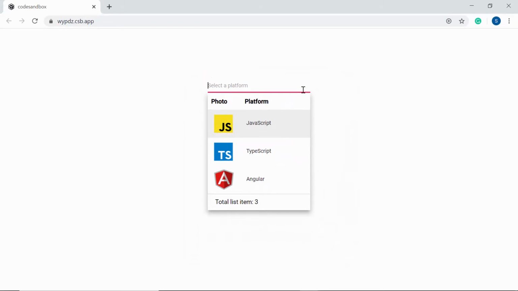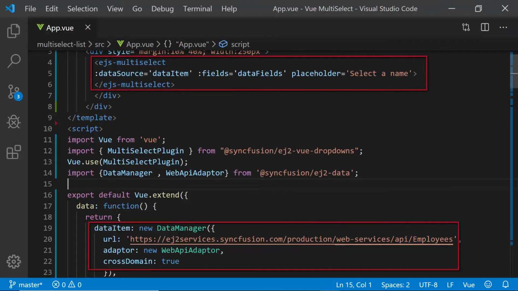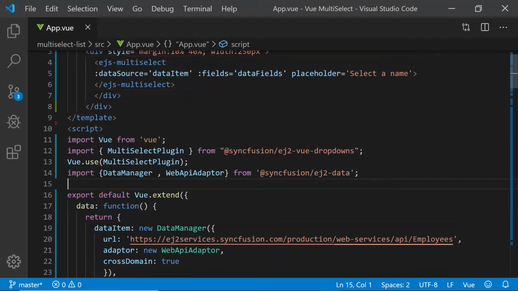application. Let me open my existing Getting Started application where I have added the Vue MultiSelect dropdown with remote data. If you want to know how to create a simple Vue MultiSelect dropdown, you can listen to my Getting Started video, the link for which is shown in the above YouTube card. Also, you can download this existing Getting Started example from the GitHub link, which I have shared in the description